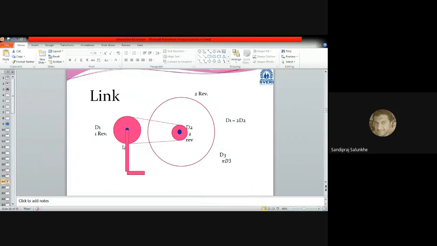The example which we have seen, this bigger sprocket has a motion relative to the chain, whereas this bigger wheel has a motion relative to the smaller sprocket. And we cannot say that it will have the same motion because it is rotating with one revolution, whereas the small sprocket is rotating with two revolutions. So though they are having only rotary motion, the difference is there. So definitely they do have relative motion with each other. That relativity we are going to see further in this unit. But here we can say the links have relative motion with each other.